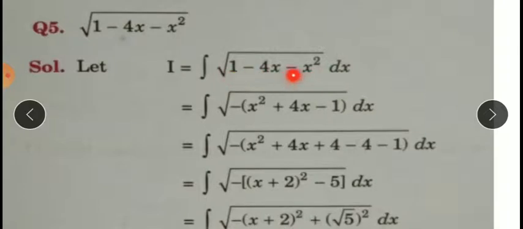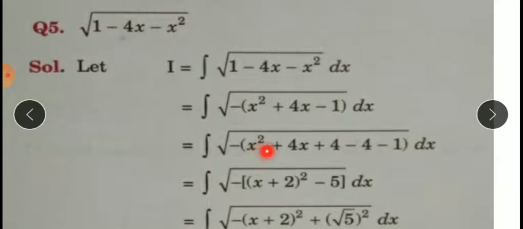See, this is minus x square, this should always be positive. That's why we have to take minus common out here. Then we can write, see, this is a negative term, this is a negative term, and 1 is positive. Means this will be x square plus 4x minus 1. We have to change this again into whole square form. For this, x square plus 4x, adding 4 and subtracting 4, minus 1 is minus 1.